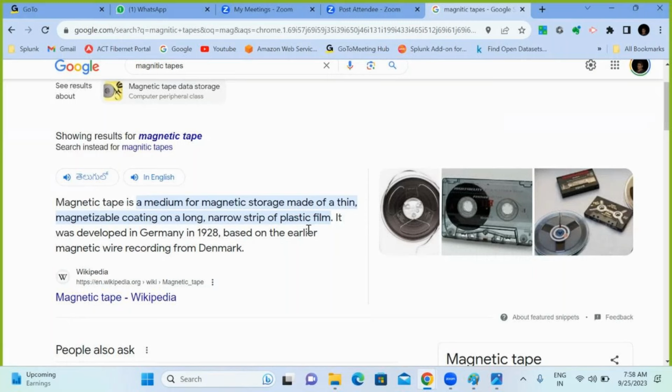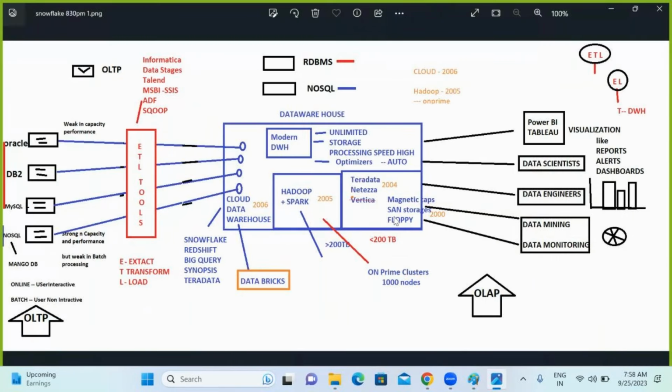Maintenance cost is too high and also critical. So many problems are faced at the time of maintenance of tape. After that, they got some